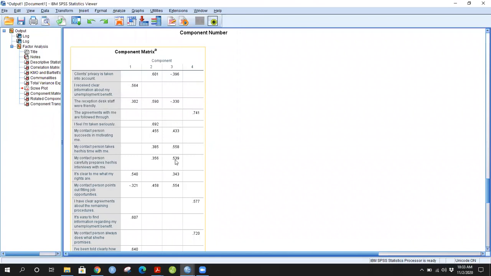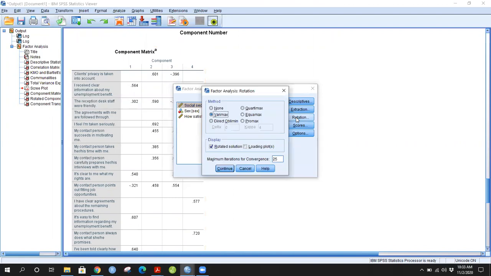Remember, we did some rotation here. If I show you here, we chose Varimax rotation, and I said that I would come back and explain this phenomenon to you again. So that is the time now. We see that we have cross loadings over here, and the way to deal with these cross loadings is to do rotation. So we will redistribute the factor loadings which we have over here over the factors according to some mathematical rules. So rotation is a way of maximizing factor loadings on a particular factor.